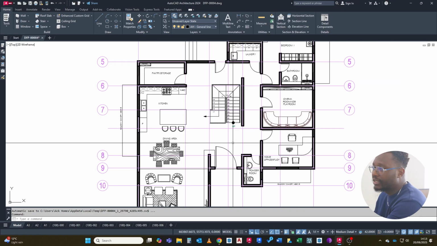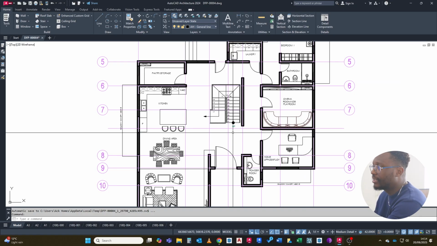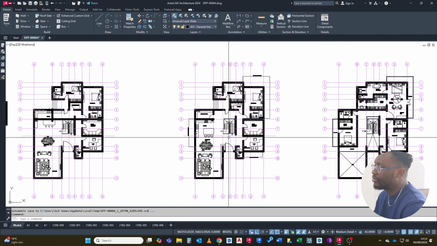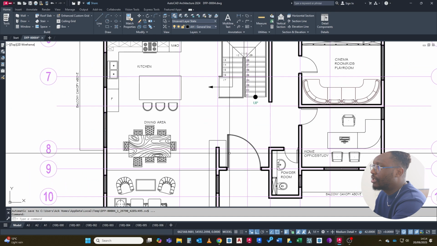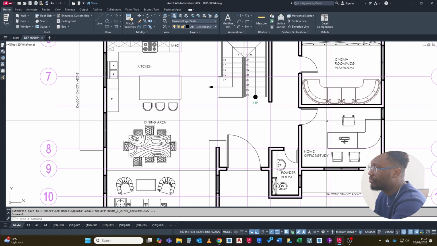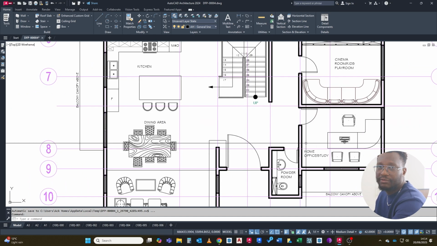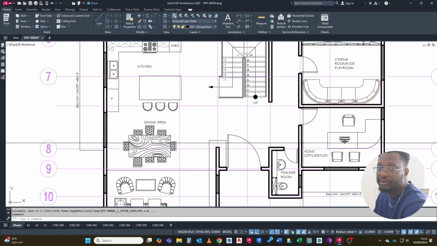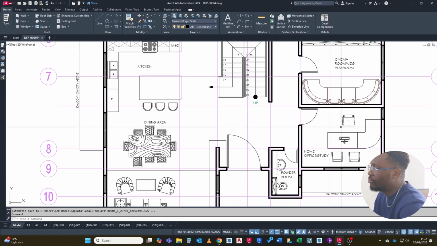So back to it, we've got a staircase here, which I'll probably make a feature staircase based on materials or whatever it is. And also I'm creating this volume thing I spoke about. So there's a void, which I'll explain when we get to the next floor, the first floor. So once you come in, on your right hand side, you've got the home study or home office, because of obviously looking at how things are going. There's a lot of people working from home, so you always want to create that kind of space, especially if it's a big building. So you've got that home office or study on the right hand side,